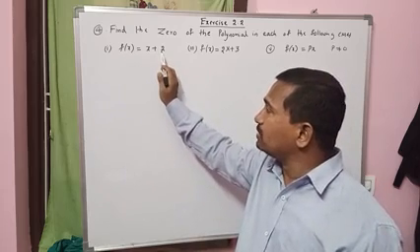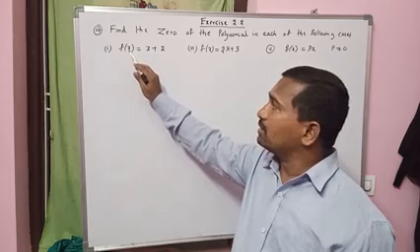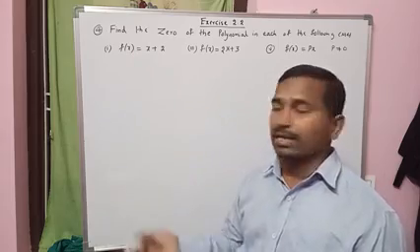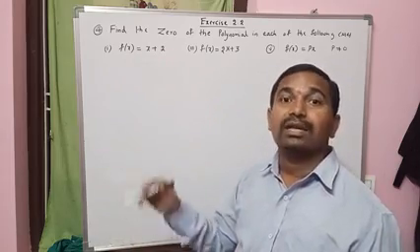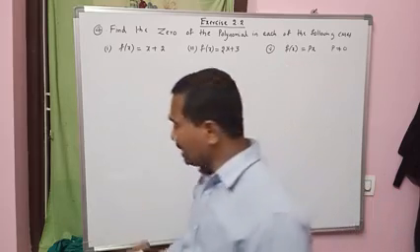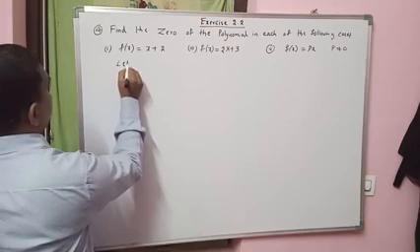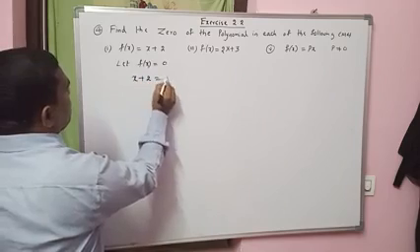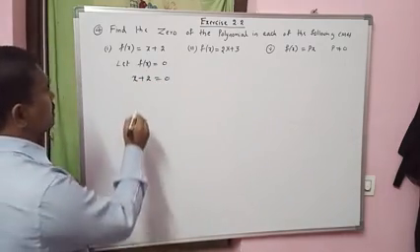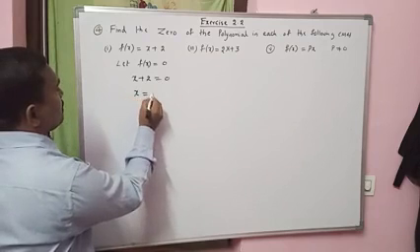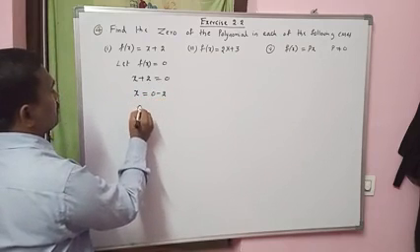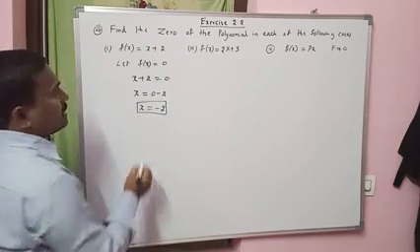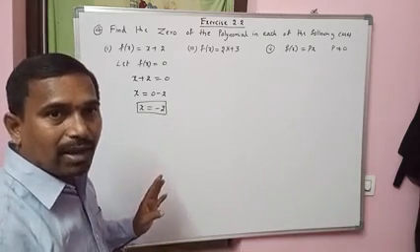f of x equal to x plus 2. For what value of x does this f of x become 0? The first method, indirect: we take this polynomial value as 0, then we find the x value. Let us see here. Let f of x equal to 0. What is f of x? x plus 2 equal to 0. So transpose plus 2 to the right side, 0 minus 2. x equal to 0 minus 2, which is minus 2. Minus 2 is the zero of the given polynomial.